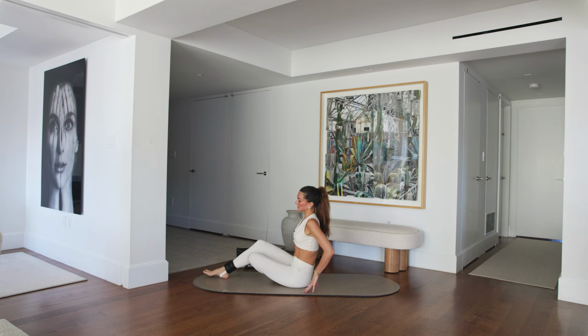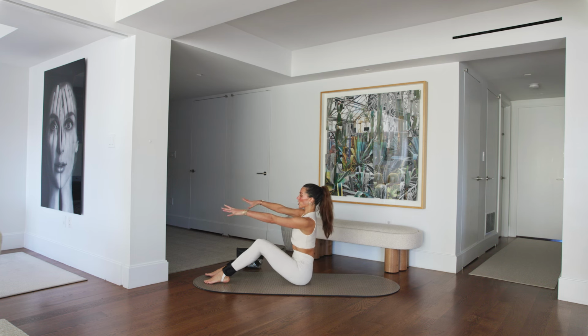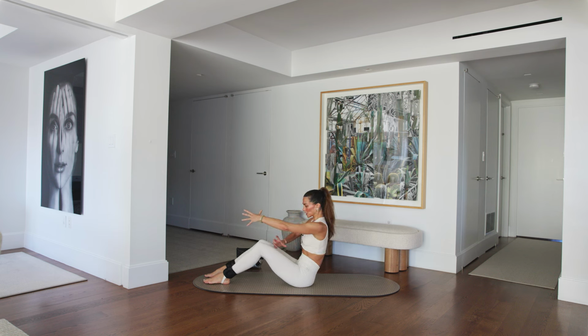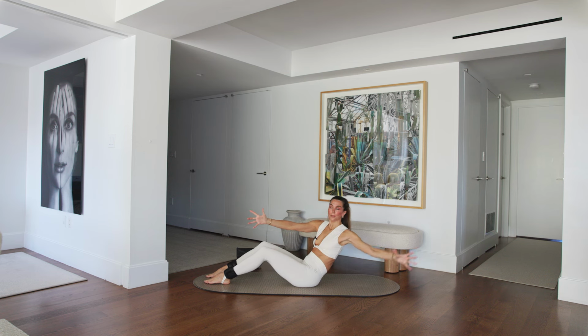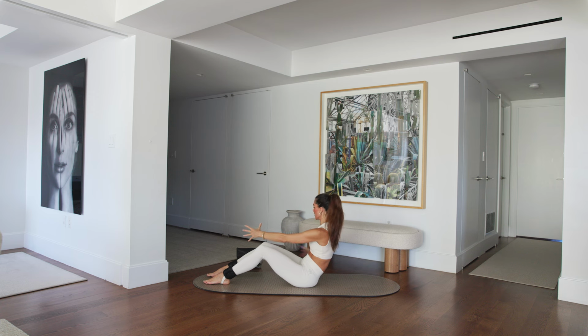We're going to swing these legs around and come up nice and tall, long spine. Reaching arms straight out in front of us, and then give a little tuck of the tailbone to the pubic bone. It's like a little C curve. Just roll it halfway down. We're going to roll it down. Open left arm coming up, arms to the ceiling for 10,